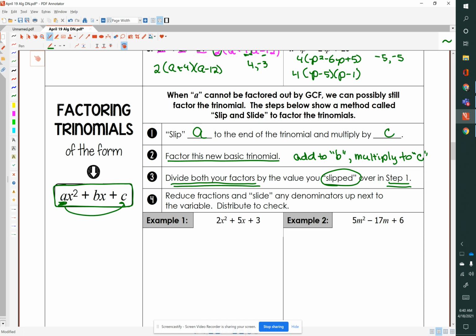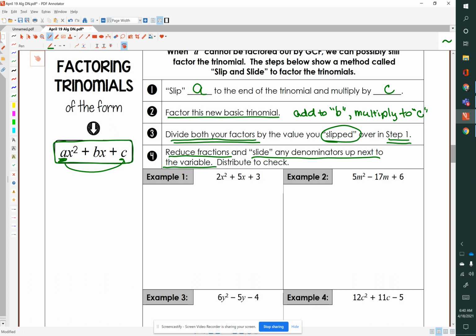And then finally, you'll end up with fractions, usually. And you'll reduce the fractions. And then if the fraction has a denominator after you reduce it, some will, some will not, you slide the denominator up next to the variable. And you can check your work again by distributing. So let's go slowly and let's look at example 1. So we're going to slip 2 to the end of the trinomial